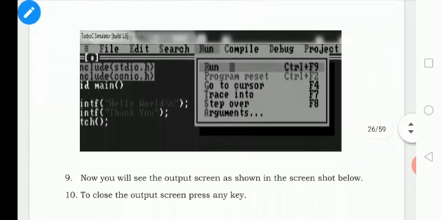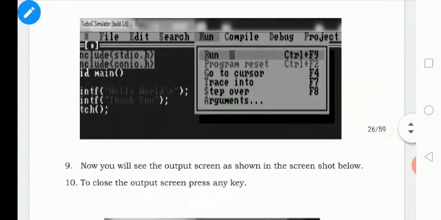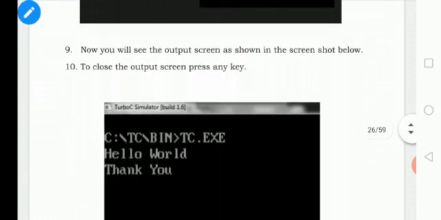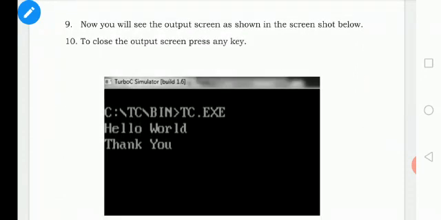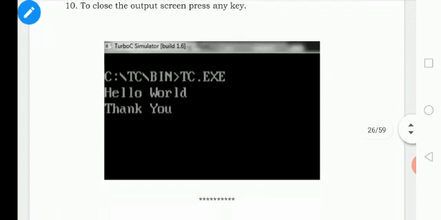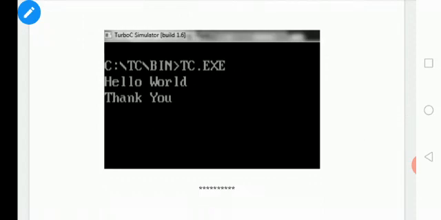So after running, the run option is there. If we click run, Control plus F9, the program will be run and the output will be shown here. So the words given in the printf line will be displayed for us as the output. Okay dear. So this is